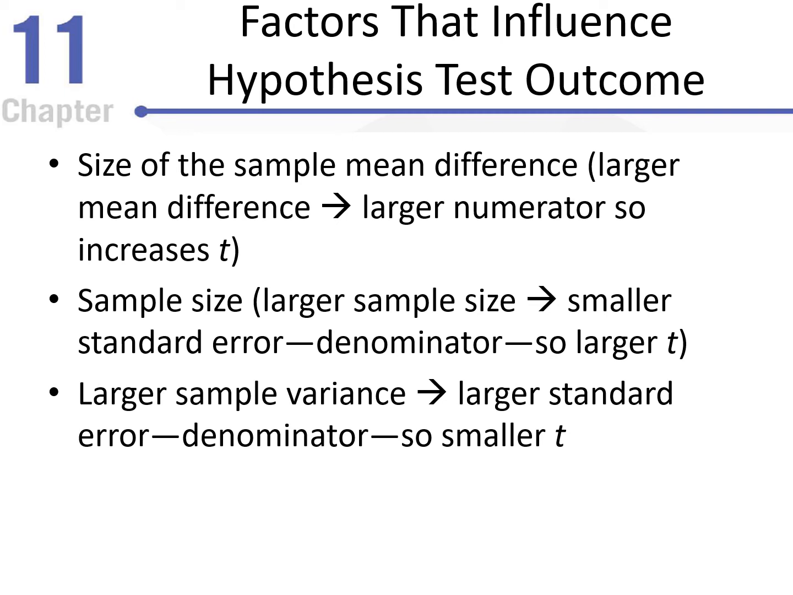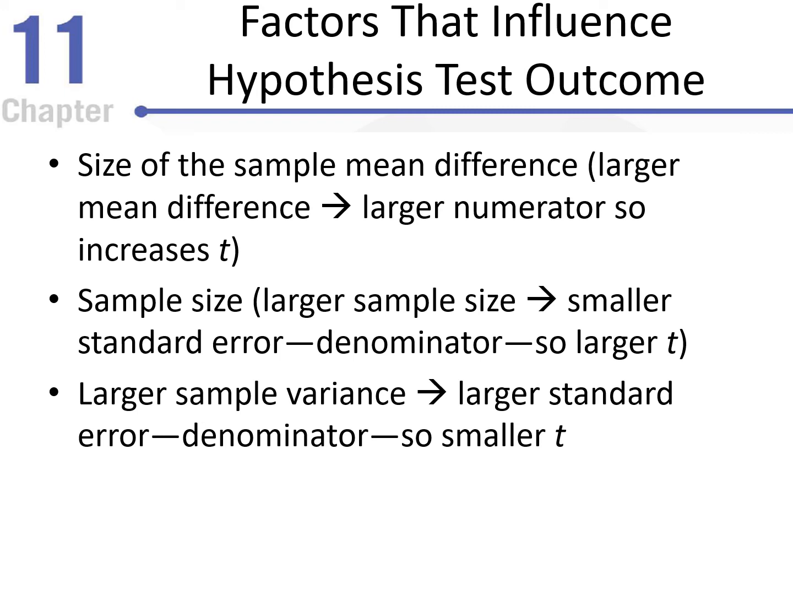What factors influence the outcome of the hypothesis test? The size of the sample. The larger the difference before and after, the larger the numerator, and that increases t. Also, the larger the sample size leads to a smaller standard error, which leads to a smaller denominator, which then indirectly leads to an increase in t. So if I increase the difference between the two conditions, I increase t. If I increase the sample size, I increase t. And if I increase the sample variance, I decrease t, because now my denominator is bigger,